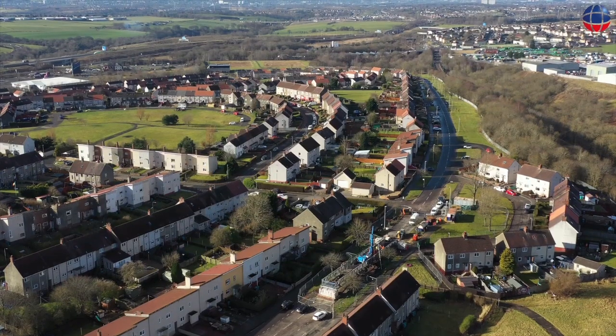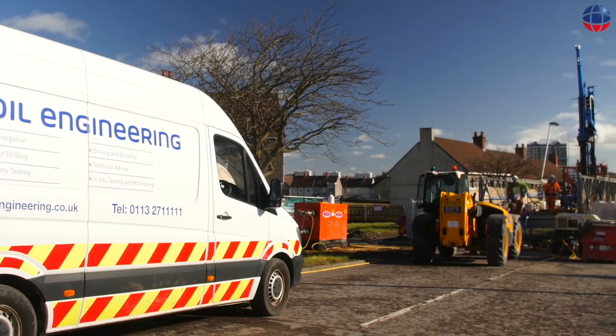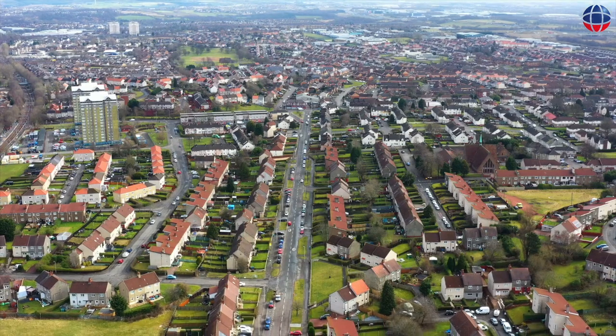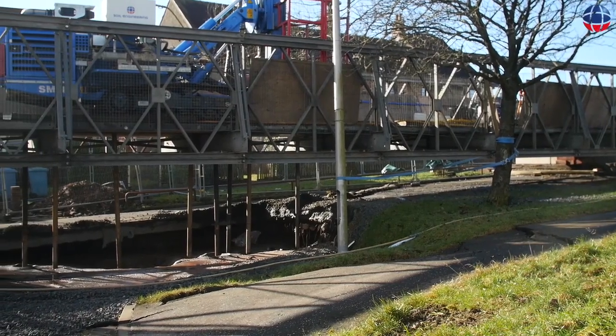We're in Coatbridge, a small residential town just outside Glasgow. The site's located in the middle of a suburban street. Obviously quite a challenging location for any kind of subsidence issue, and this one's been absolutely as expected, a big logistical challenge. Last year, August 2020, some of the local residents reported that there was a depression forming in the